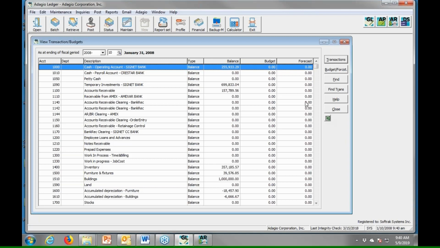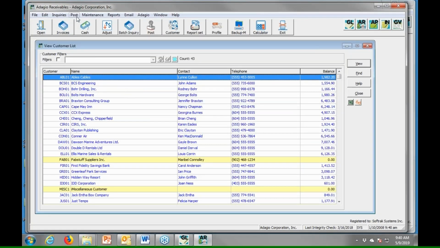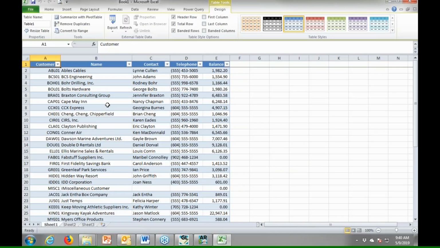So this Excel Direct button will take whatever you are looking at in the grid and drop it into Excel. Now, this could be your chart of accounts with the current balances and budget figures. Or if we were looking at accounts receivable, this is the accounts receivable customer list with the balance outstanding, and I can click on the Excel Direct button, and Adagio will launch Excel, whatever version that you have, and will drop the grid that you are looking at in a table, already formatted as a table,